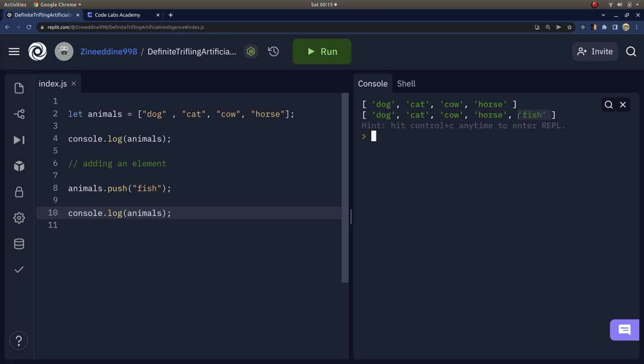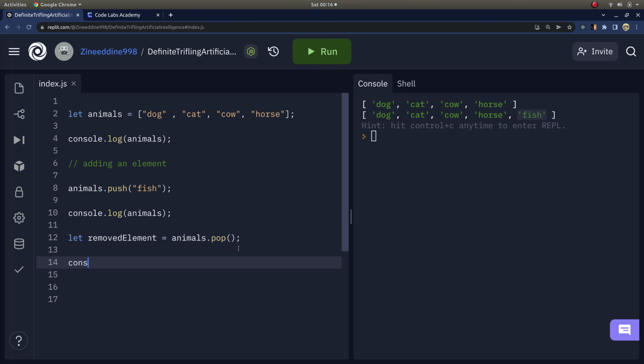And as you can notice, we added the element at the end of the array. We can also remove an element using the method pop. The final element will be the element removed, but we can also at the same time get that removed element. So to do that, let's use another variable, removedElement, and call the method on the array,